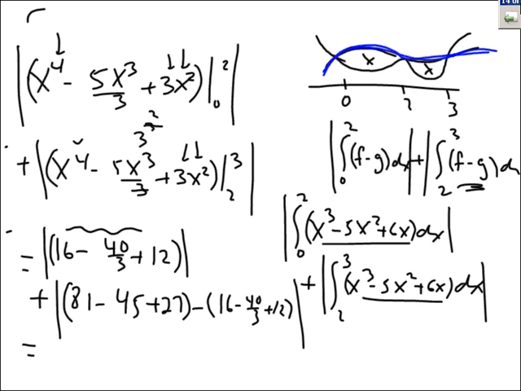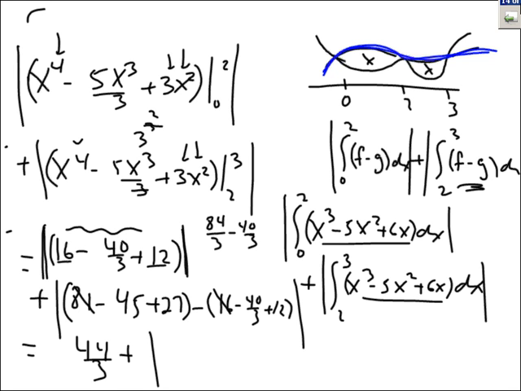All right. 16 and 12 is 28. 28 times 3 is 84? No. 84 thirds minus 40 thirds is 44 thirds. And since it's positive, I don't need the absolute values anymore. Plus